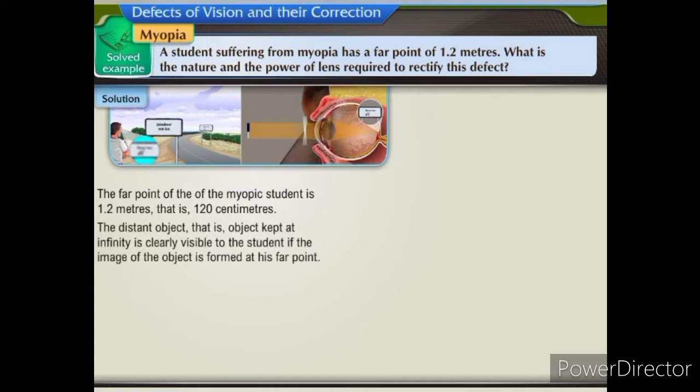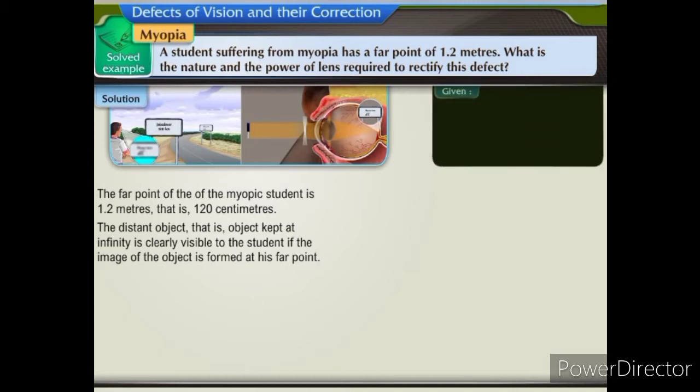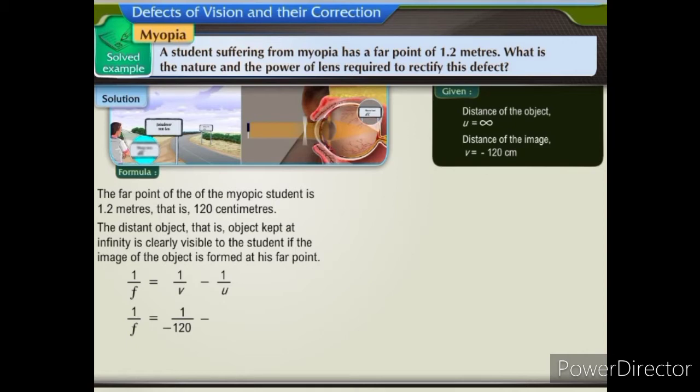This means that the distant object, that is, an object kept at infinity, is clearly visible to the student if the image of the object is formed at his far point. So, in this case, the distance of the object u is equal to infinity. The distance of the image formed in front of the eyes v is equal to minus 120 centimeters. The focal length is given by the formula 1 upon f is equal to 1 upon v minus 1 upon u. On substituting the values, we get 1 upon f is equal to 1 upon minus 120 minus 1 upon